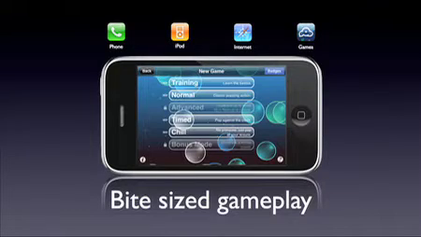So the first thing you've got to consider when making a game or an application for the iPhone is that it's obviously not just a games device, it's a phone. It's also an iPod, so it can play video and play songs. It can also surf the internet, and obviously people can also play games on it. So for our game, we had to take that into consideration because people might want to answer their phone, or listen to music, or play a video either before or during a gameplay session of our game.